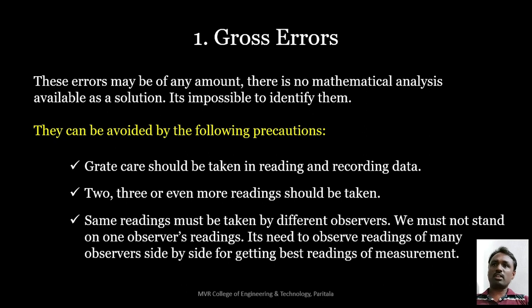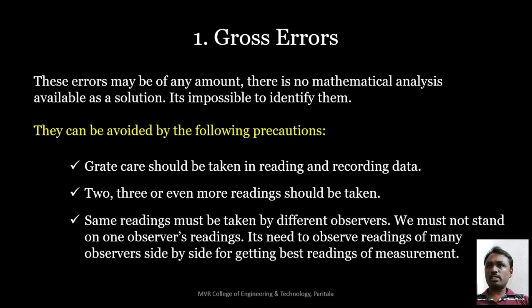Suppose one observer takes good care while recording, but sometimes he may also make mistakes. At that time we must not stand on only one observer's reading. We need to observe the readings of many observers side by side for getting the best results of measurements. So we have to collect the different observers' readings and place them side by side, so that you can get the best results. So we cannot stand on only one